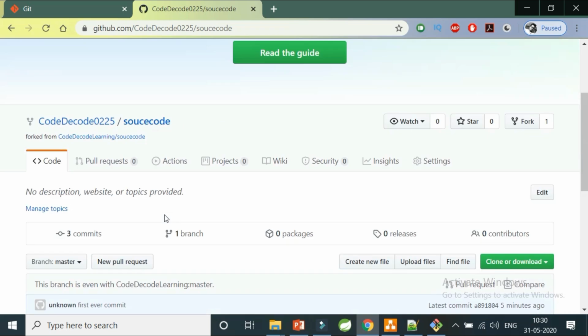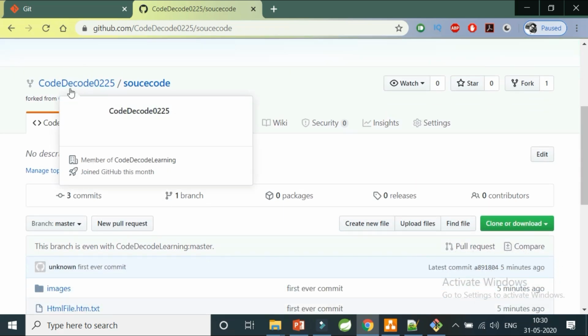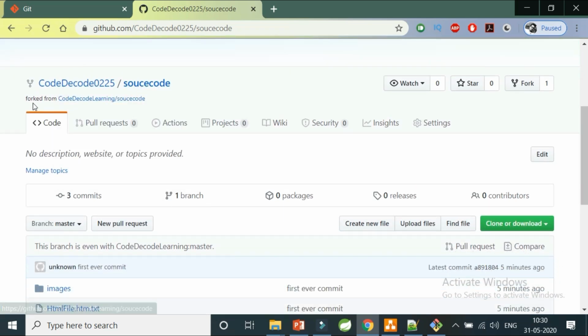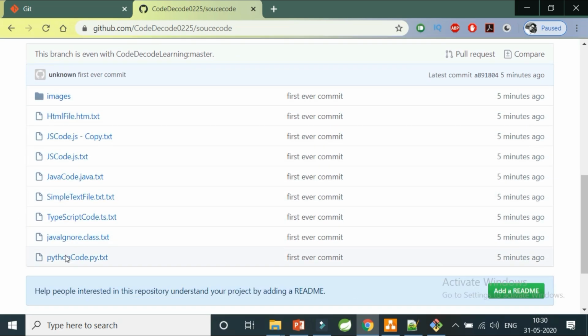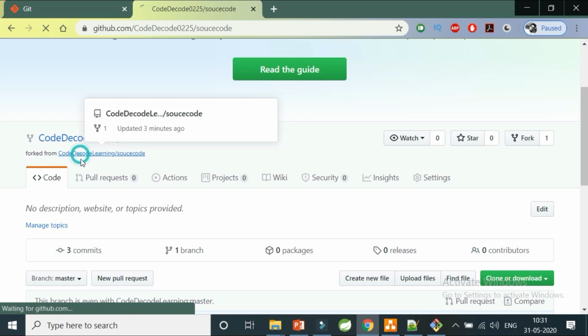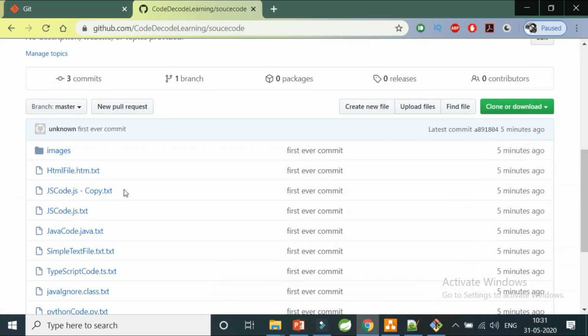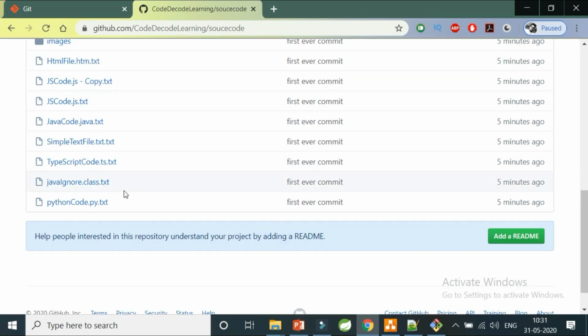Once I have created a fork, this is being forked from the organization level source code, right? It says that this is nothing but a replica of the organization level repository. So I hope this much is clear for you.